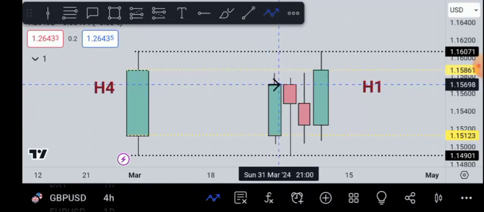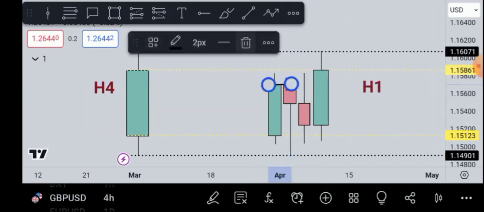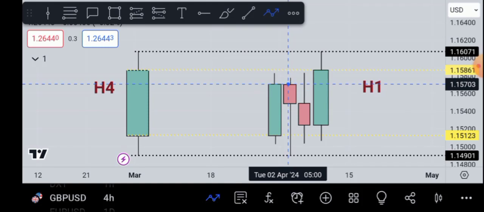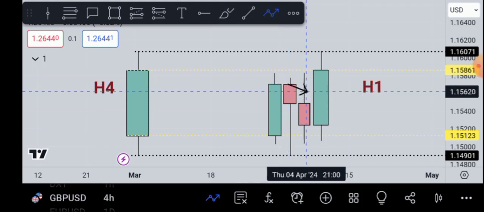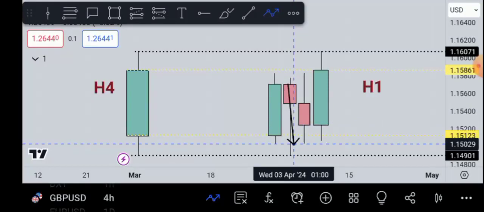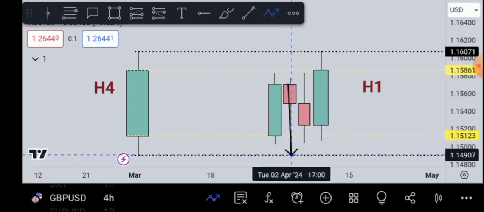Now, after this 1 hour, another 1 hour candle opened at this same price where the previous one closed. Another 1 hour candle took over from there, and then sellers pushed this candlestick down up to this extent. Now I want